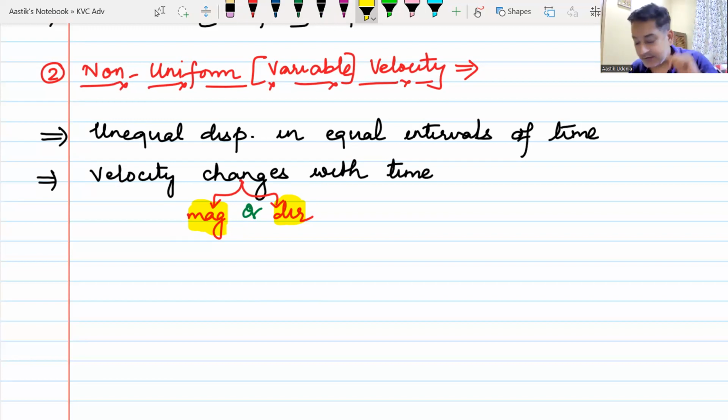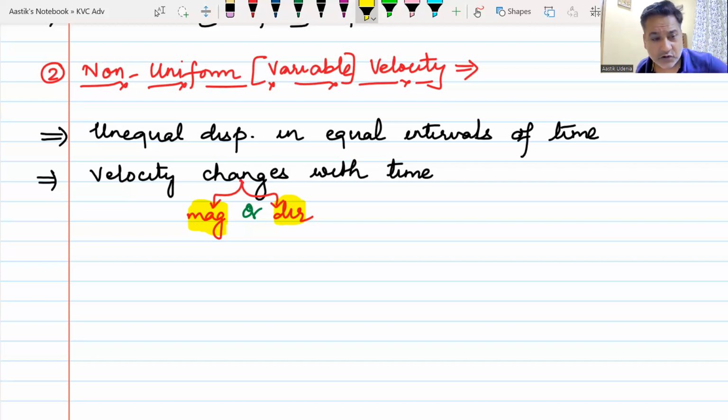Yes, sir. Then you can give an example of velocity changing only in direction but not in magnitude. You can take the example of uniform circular motion, a body moving in circles with the same speed. The magnitude is the same, but the direction is continuously changing. Can you give an example where both are happening? Well, the way vehicles move on road, they are moving with non-uniform velocity because they are changing both magnitude as well as direction. Do we understand this? Yes, sir.